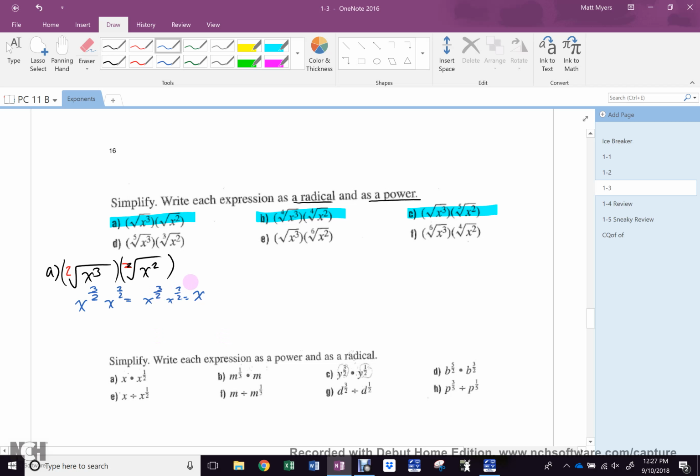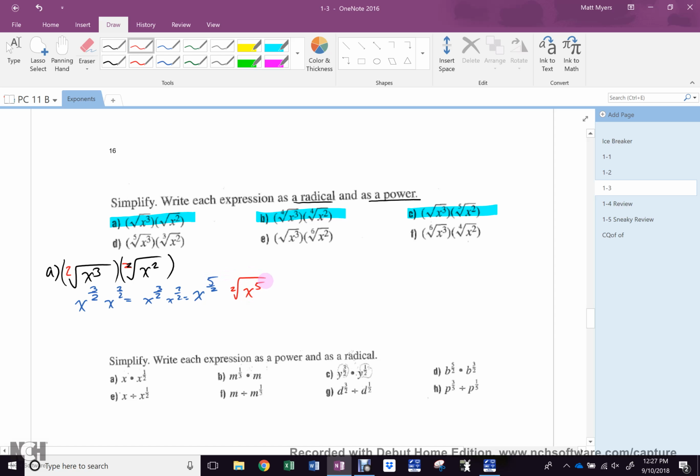You add them. So I get x, what is 3 halves and 2 halves is x to the 5 halves. Is that a power or a radical? That's a power. How do I make that a radical? Where does the denominator go? Index. Where does the base go? Underneath. And where does the numerator go? Now,